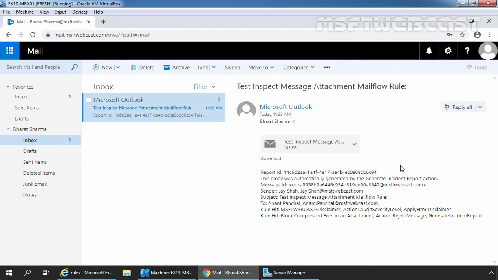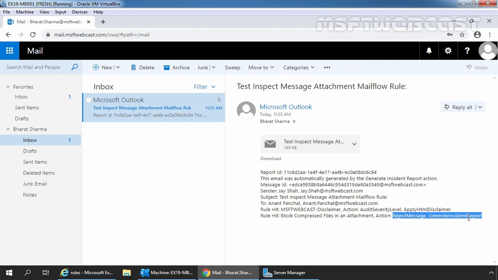Here we can see more information about the compressed attachment block issue. This is the rule. Okay, actually this is another rule about the disclaimer. This is our rule. And the action is reject message and generate incident report.